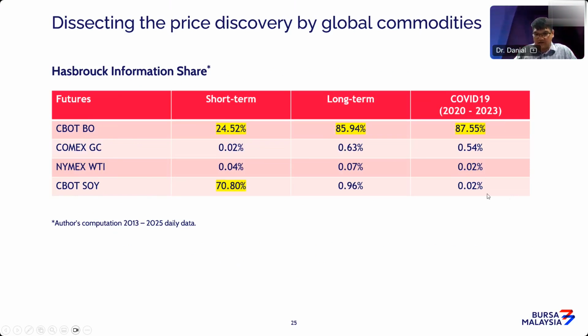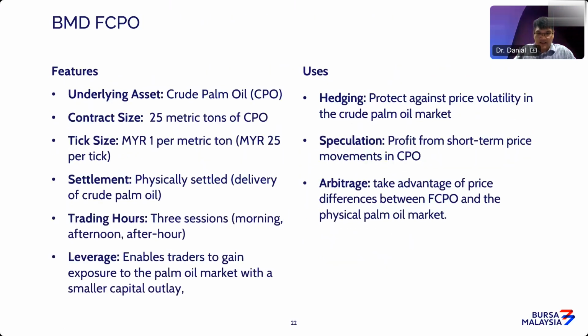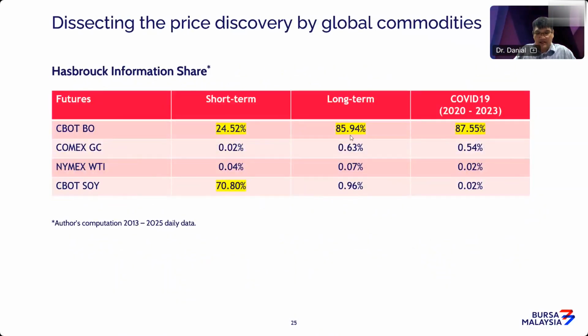However, looking at COVID-19, although gold futures and crude oil, these 2 commodities, are very much a reference, a benchmark for the economy, it doesn't really work well for CPO futures, because CPO futures are really loyal to bean oil. You always see, if bean oil goes down, CPO goes down. If bean oil goes up, CPO goes up.